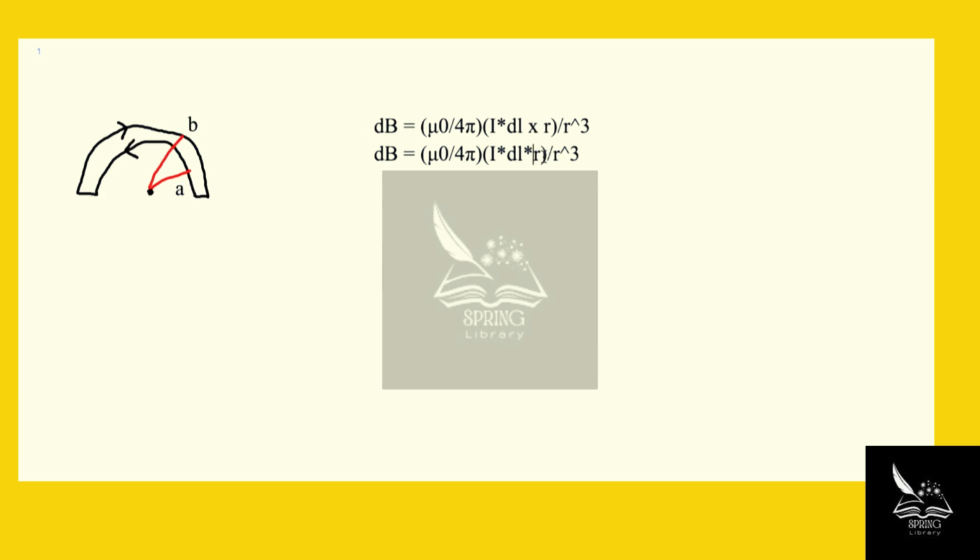So we're going to have dl times r here, and then a factor of r cubed on the bottom. So right away, we can just cancel out one factor of r, leaving us with r squared. And notice that r here, since we're looking at this inner one, is just going to be equal to a. And now these are all things that we don't necessarily know the values, but we're told what I is, and we're told we have a. So now we just need this dl. So I'm going to pull this factor of dl out, because what we're going to need to do is integrate over this expression. So I'm going to just hold off on that for a minute,